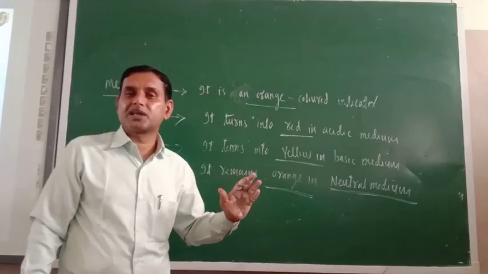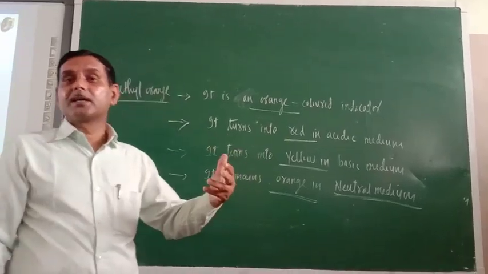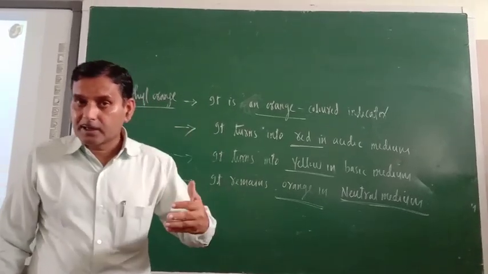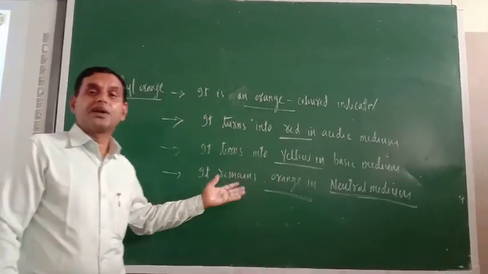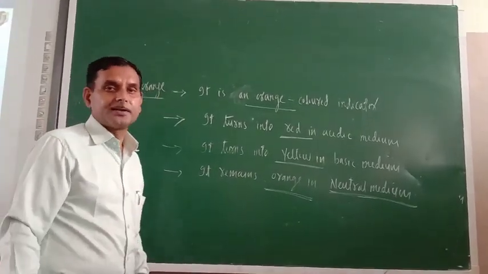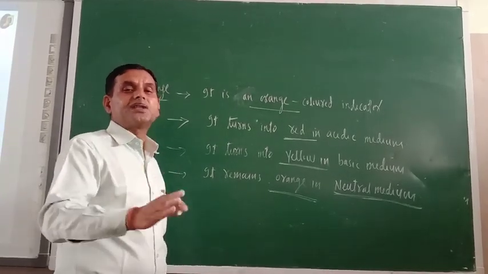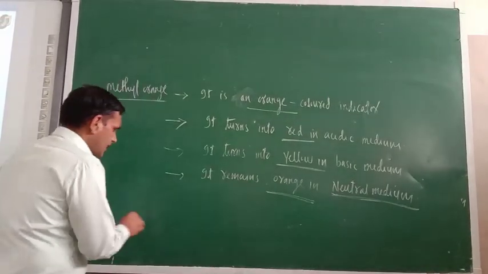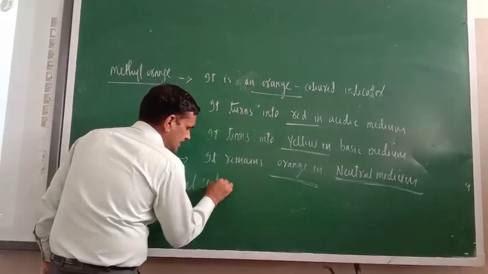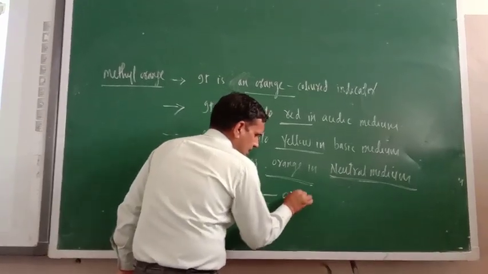So what are neutral substances? Neutral substances are those substances which are neither affected by litmus, nor by phenolphthalein or methyl orange. They remain unaffected. We can say in this way also, neutral substances are those substances which are neither acids nor bases. So here you should write the definition of neutral substances. What are neutral substances? Neutral substances are those substances